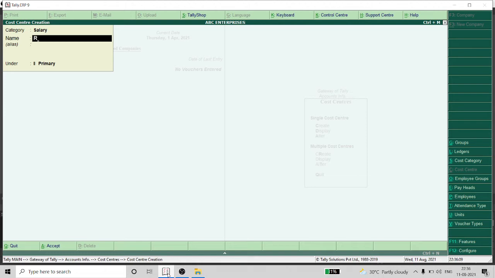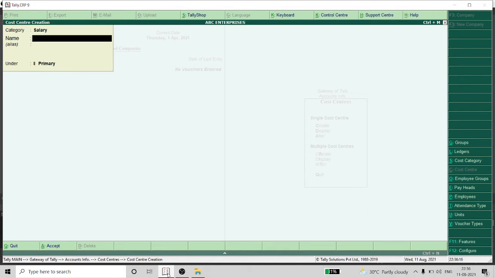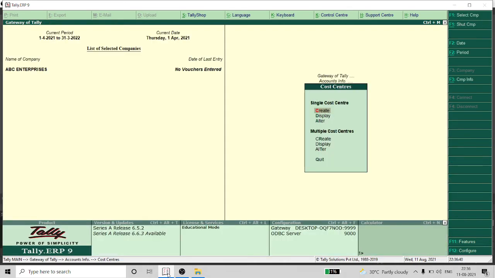Now we will enter the names of the employees for whom I am going to pay the salary: Ravi, Raju, Geeta, Preetam. Now we have created the cost centers.